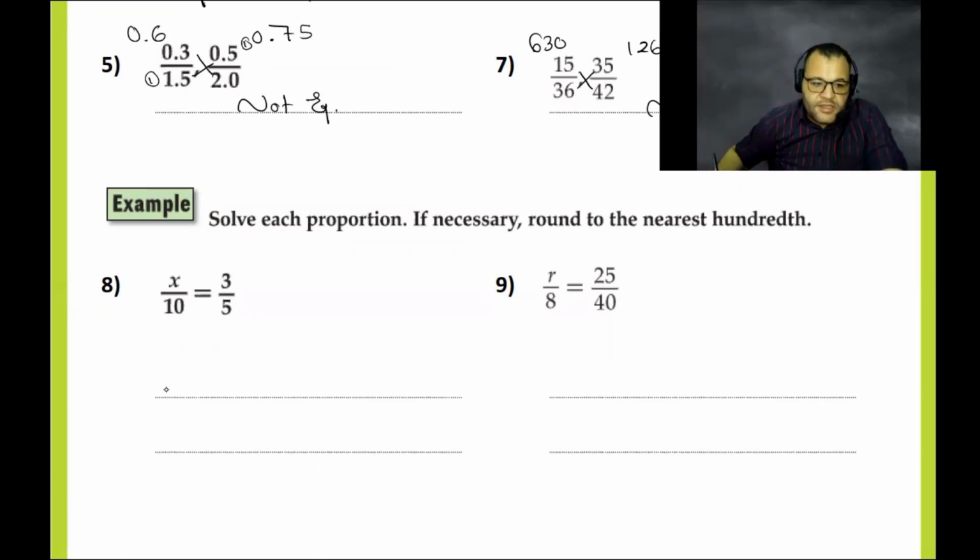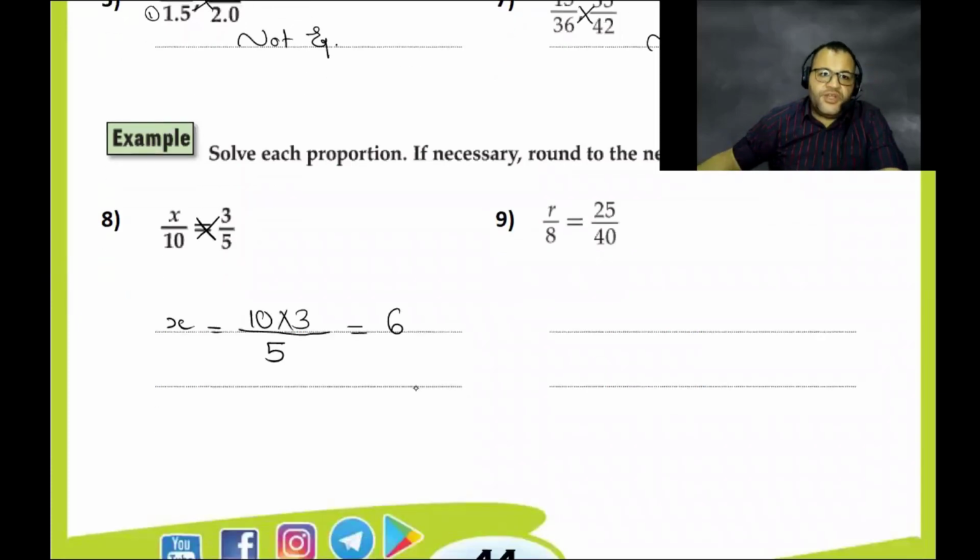So we need to find x. Please listen carefully for this part. You will use cross multiplication. Is x a mean or an extreme? x is an extreme. What is the other number for the extremes? It is 5. The number which is opposite to the variable, which is 5, will be written down. So we have 10 times 3 divided by 5. What is the answer? 6, I think. We can also find it another way.